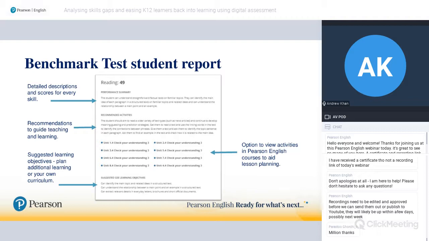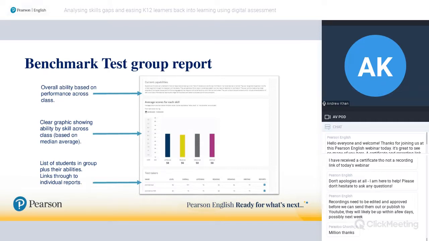But of course, a lot of teachers, particularly if you've got a larger class, can't always work at the individual level. You need to look at the group as well. So we have those fantastic group reports, and we have an example here. Very similar to the individual student reports, we have the group's current capabilities as an average for those skills.